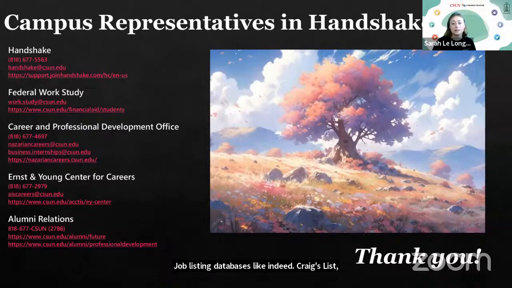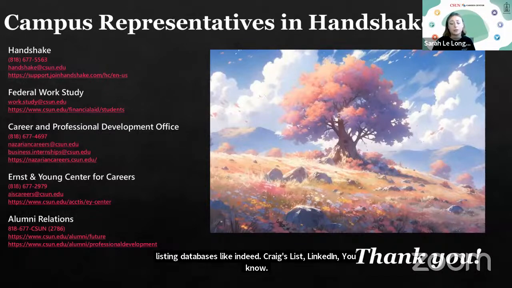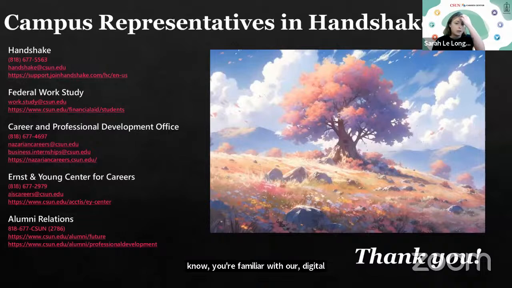Even the Sundial has a classified section, the CSUN Sundial. If you're familiar with our digital newspaper on campus, they have a classified section for job listings. And so we can refer them to the CSUN classified section in the Sundial. But yeah, we typically vet all the employers that come into Handshake. But